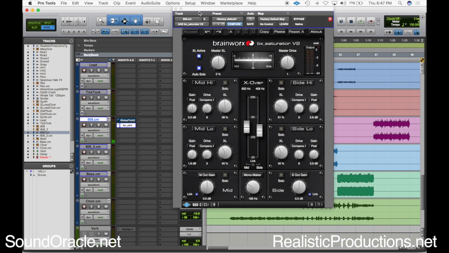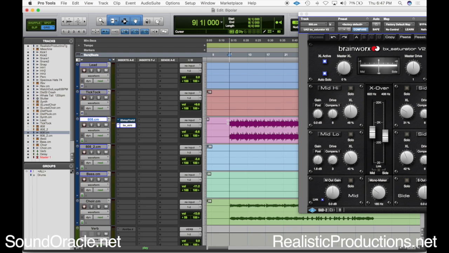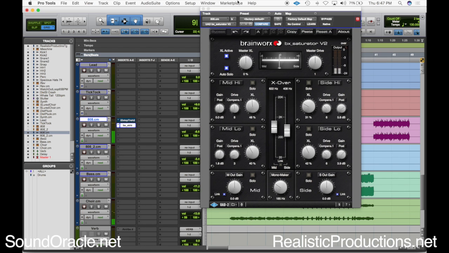All right, and I'll show you what this sounds like in the mix. Cool. And just keep in mind, too, whenever you're doing this, you might need to adjust your volume on that channel later because you are distorting things and raising the gain on different areas. All right, so now I'm going to show you